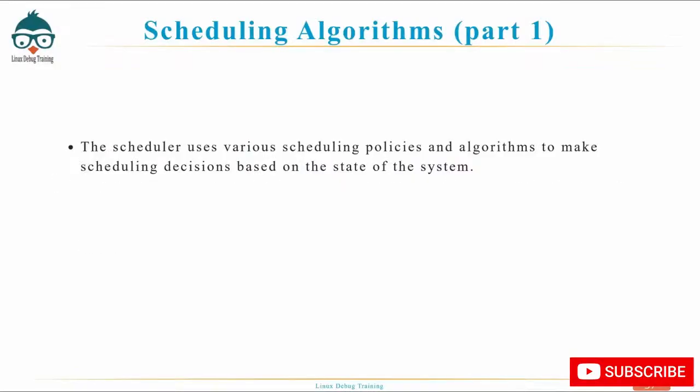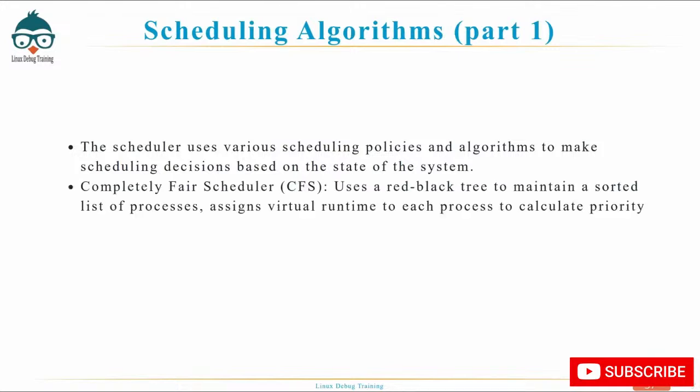The scheduler uses various scheduling policies and algorithms to make scheduling decisions based on the state of the system. The completely fair scheduler, CFS, uses a red-black tree to maintain a sorted list of processes and assigns virtual runtime to each process to calculate priority. The red-black tree is a self-balancing binary search tree that allows for efficient insertion, deletion, and lookup operations while keeping